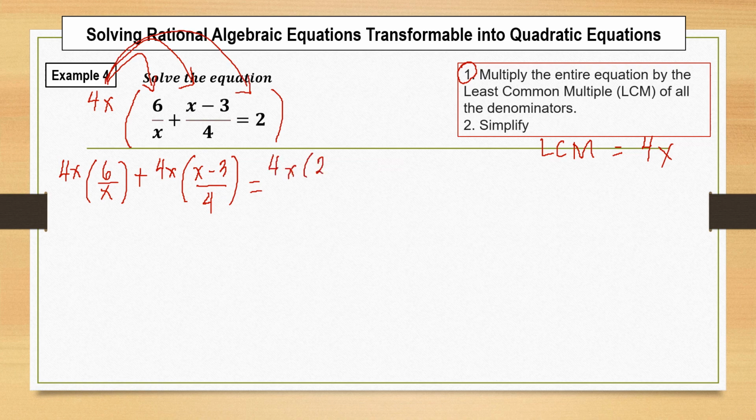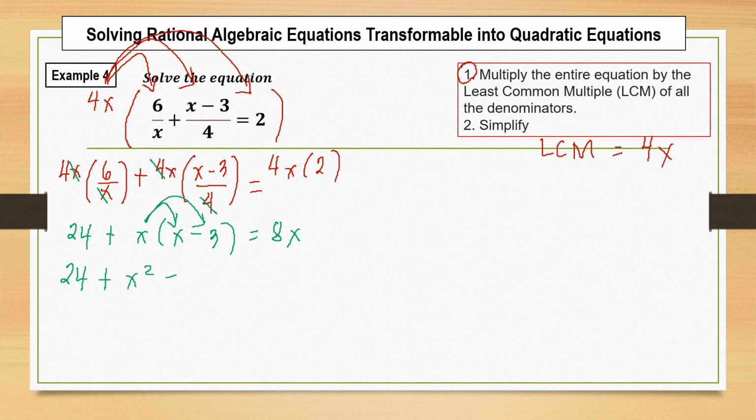4x times 2. Now look for possible cancellation. So here we cancel x. So we only have 4 times 6 and that is equal to 24. Here we cancel 4 and what will be left will be x times the quantity (x minus 3) is equal to 4x times 2. We have 8x. We have 24 plus, by distributive property, x times x is x squared, x times negative 3 is negative 3x, is equal to